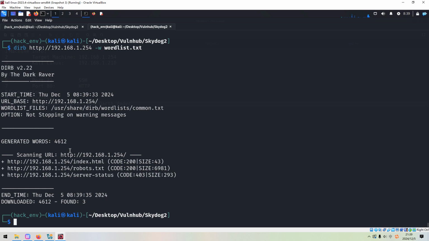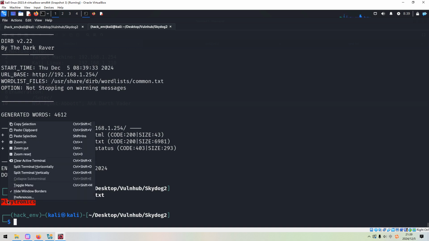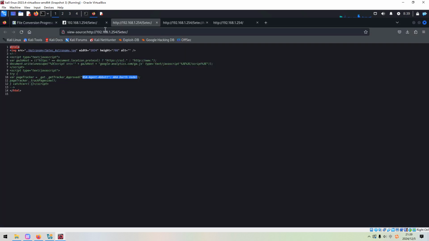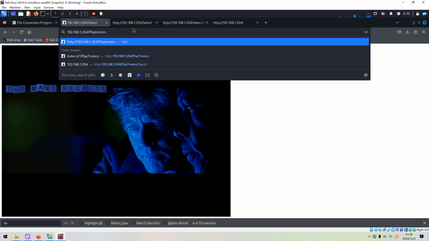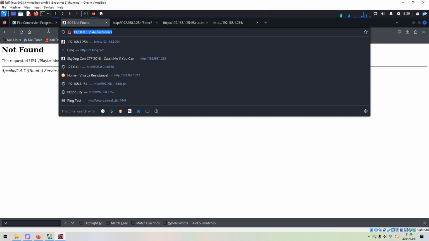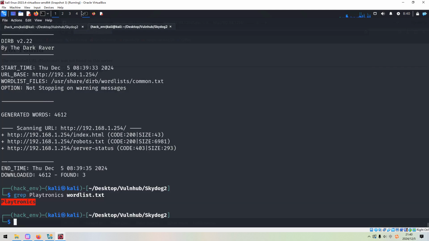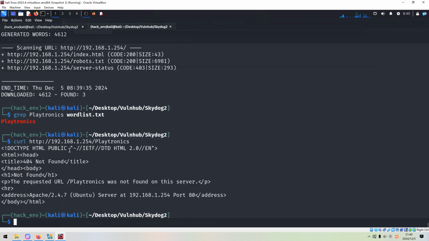But nothing here. Actually, this should be there. I don't know why the debuster cannot discover this directory. We can test manually. Not found. So very weird, even I can copy and use the Q. As you know, not found.